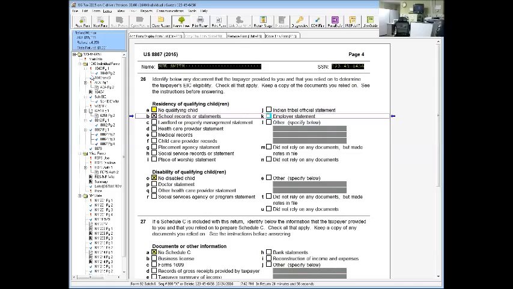Let's read the examples on 17. A client wants to use his niece or nephew to claim EIC. You should ask enough questions to determine whether the children meet EIC qualifying child requirements for your client. You should also ask enough questions to ensure the child's parents or other relatives will not or cannot claim the child. That's what we talked about, maybe they have guardianship, okay?